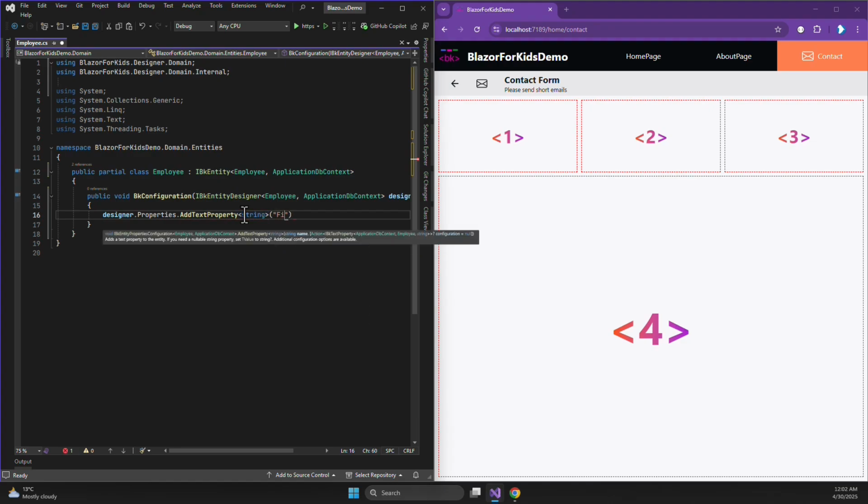And first name. Technically, I can let it like this, but I want to add some more settings to this property, just for you to have an idea what is possible. Anyhow,